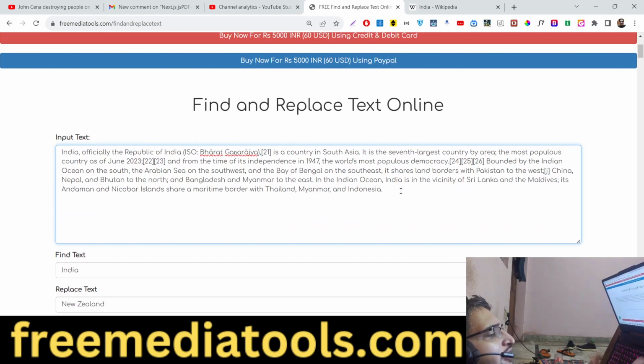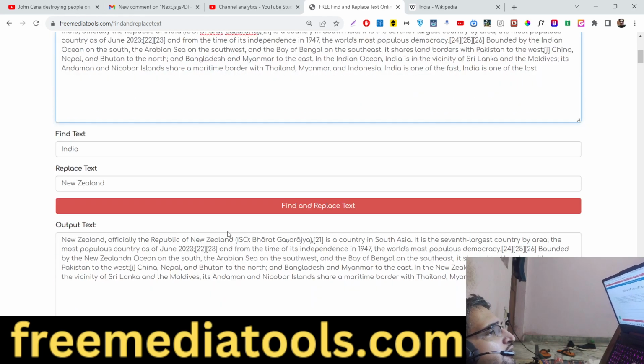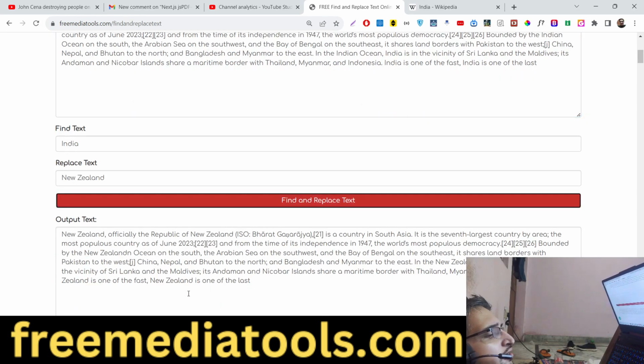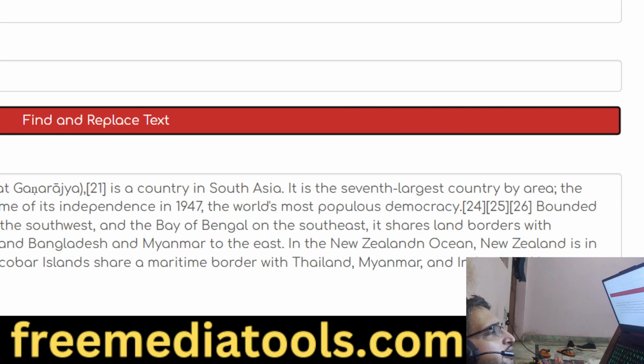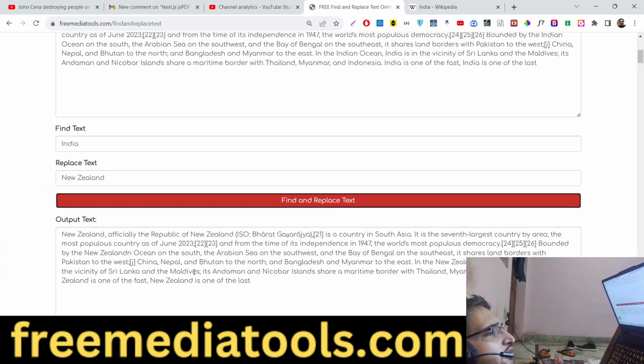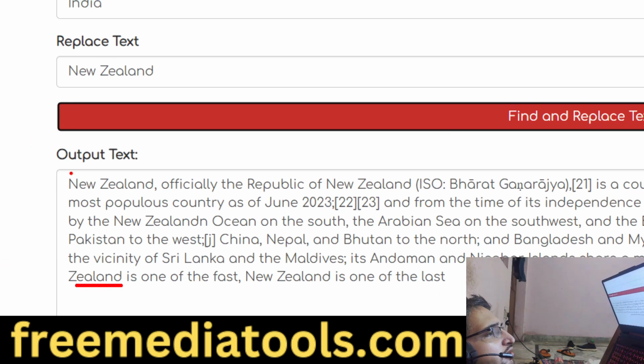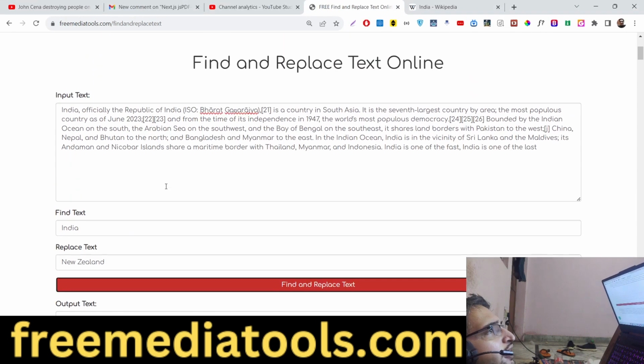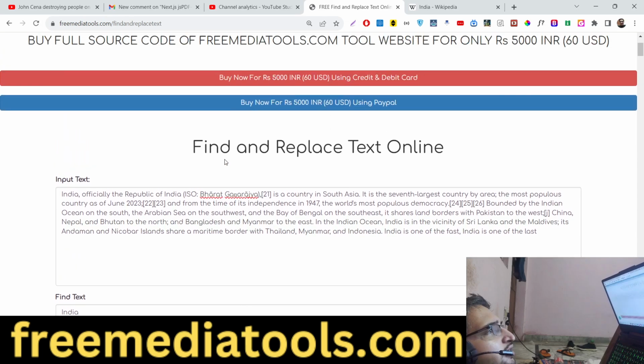So it can occur in multiple locations, guys. You can see India is one of the first. Again, India is one of the last. So again, if I see, you will see that it has replaced in multiple scenarios. You can see that. So in this way, guys, this is a find and replace text tool that I developed here on my website,